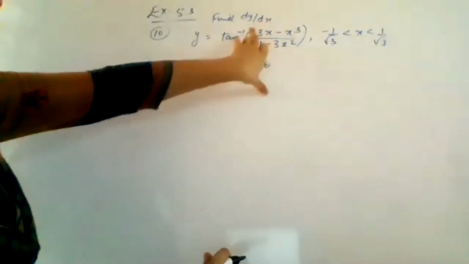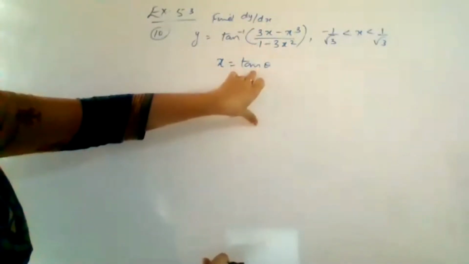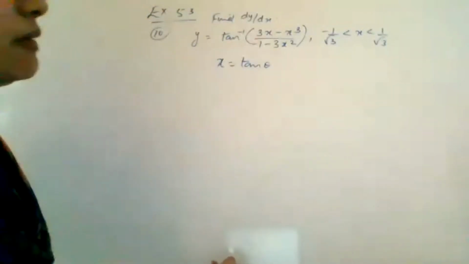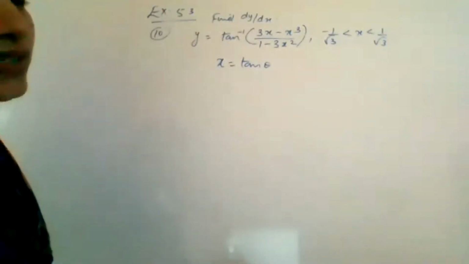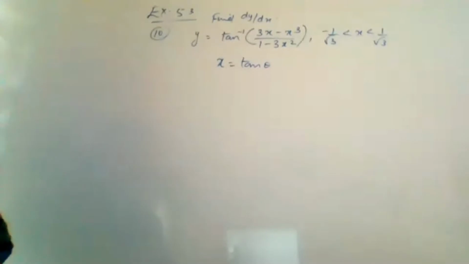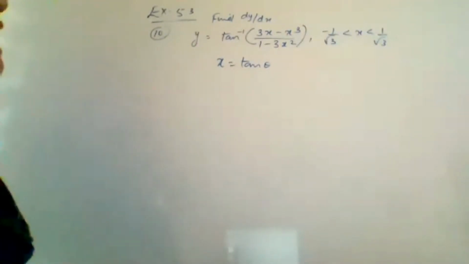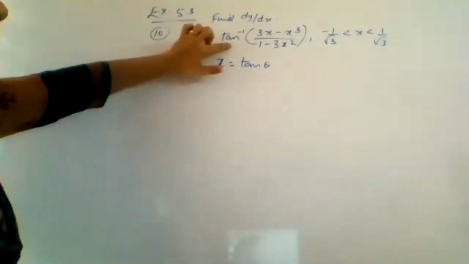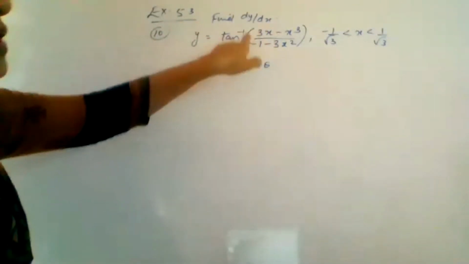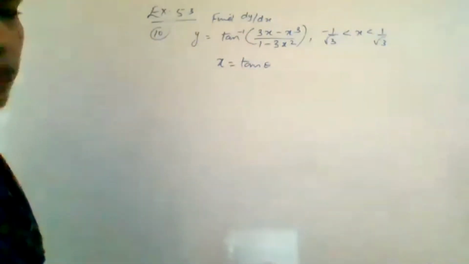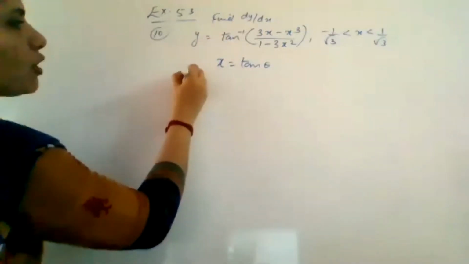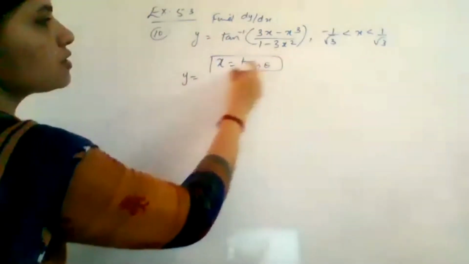Now when you substitute tan in place of x, you will get 3 tan x minus tan cube x divided by 1 minus 3 tan square x, which is the formula for what? Tan 3 theta, right? Our purpose is, if we have tan inverse outside, we have to get a term inside which is tan of something. Understood? For that we are making the substitution. So we start the problem with the substitution x is equal to tan theta.